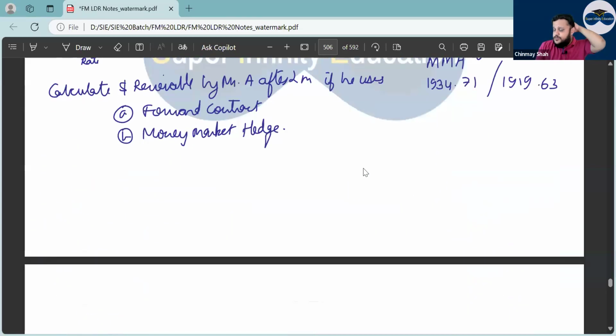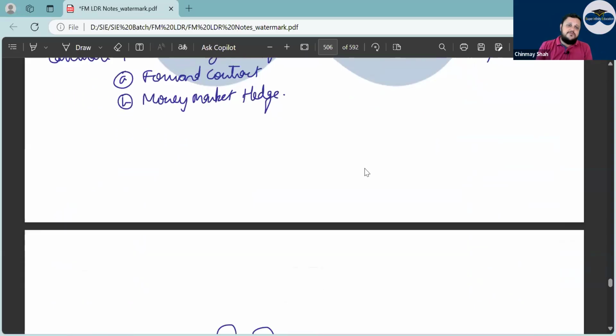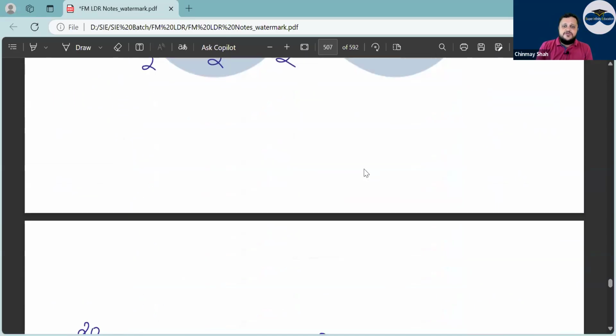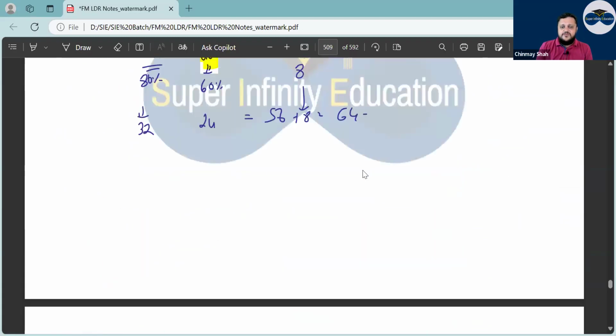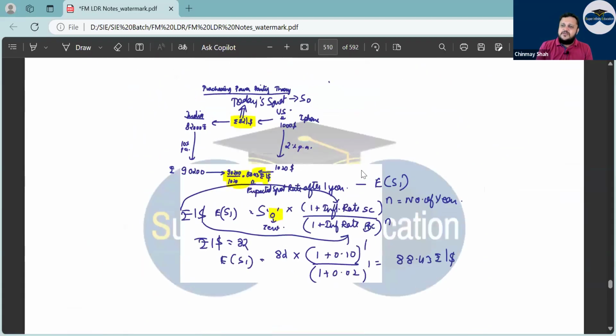So you have to find out what receivable, home currency, receivable or payable in both the parts, correct? Or in both the options, right? And then do it. Then coming to purchasing power parity theory, triple PT, purchasing power parity theory, correct? Purchasing power parity theory, triple PT, right? What is triple PT all about?